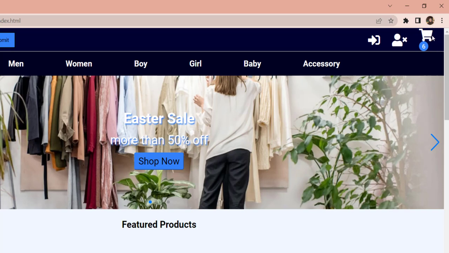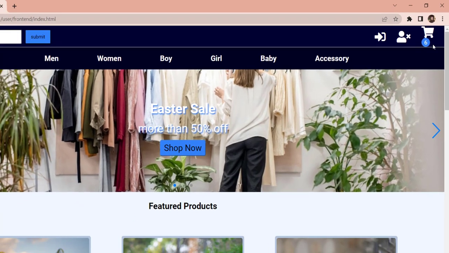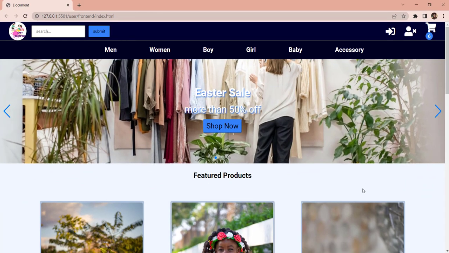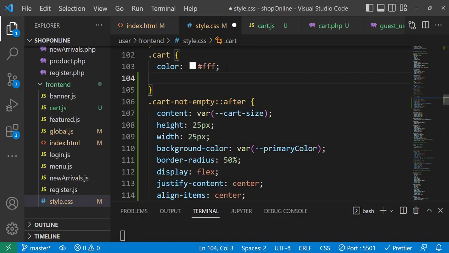That means we have to first set the position property of this cart icon to relative, and then we can set the position property for this circle to absolute, and then, using the top, left, bottom, right properties, we can move the circle around with respect to the cart icon. So let's first give position